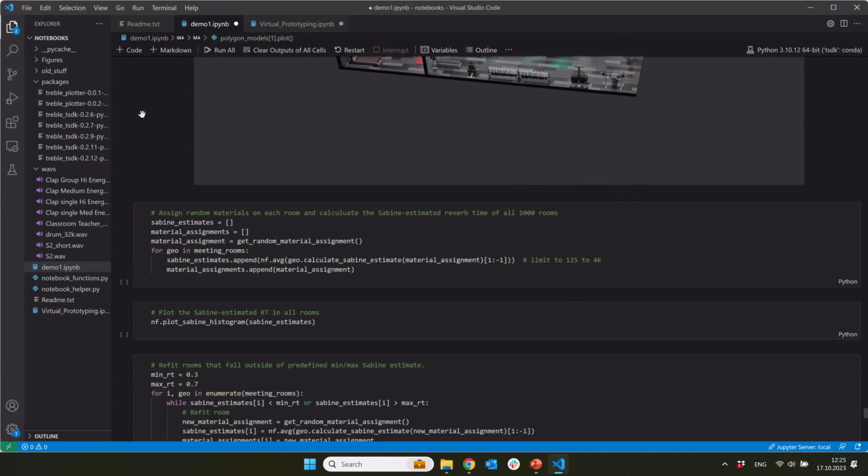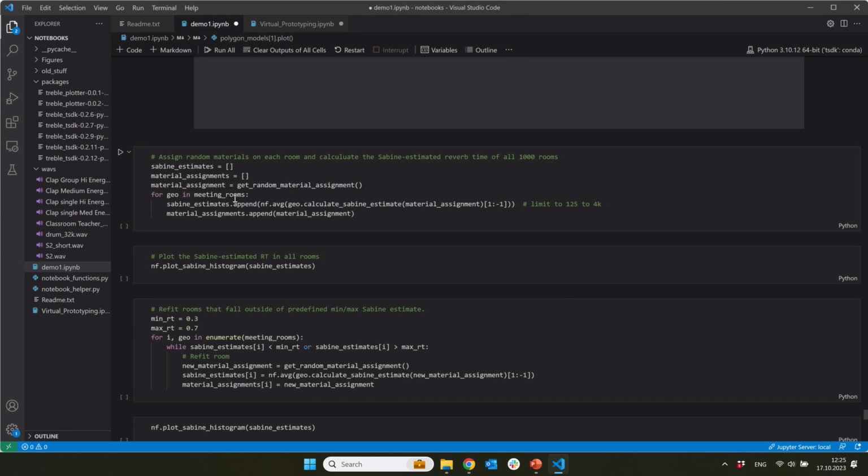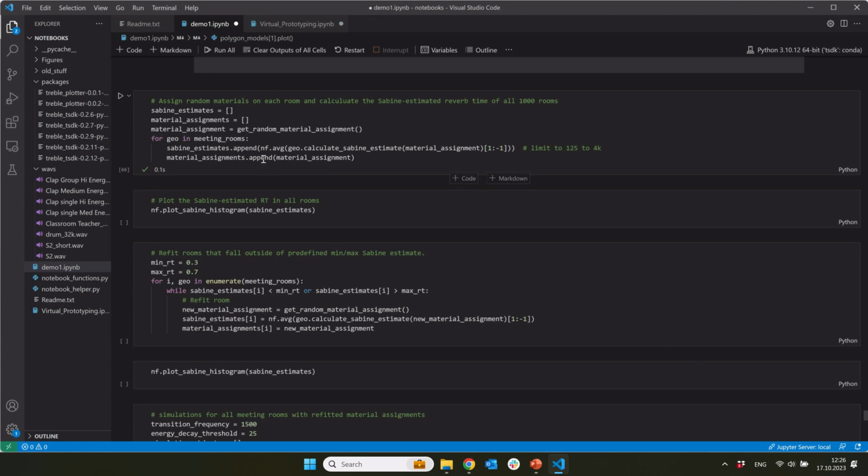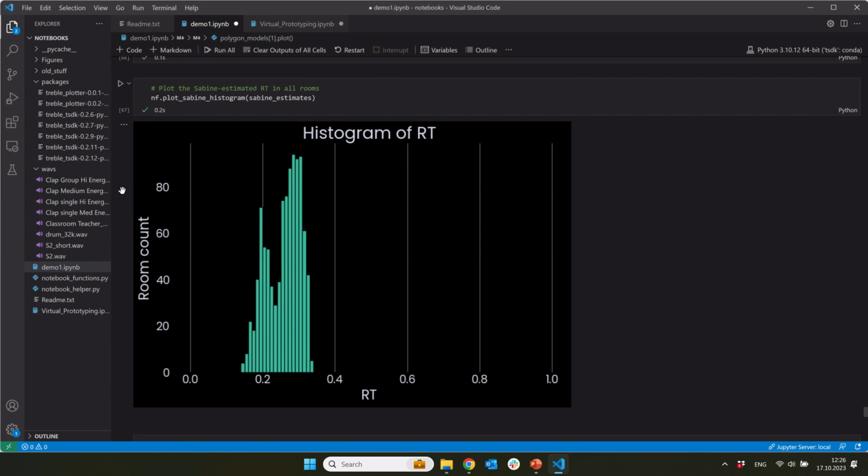So first thing, I'm going to be working with all the meeting rooms. I already have pulled all the meeting rooms into this variable here, meeting rooms. So I'm now going to make a loop which loops through all of them and randomly assigns different materials from these categories as we did before, just in a loop now, as opposed to just doing it for one room. Now I've assigned materials for all rooms. This is the Sabine estimate